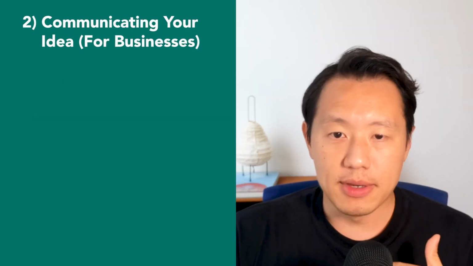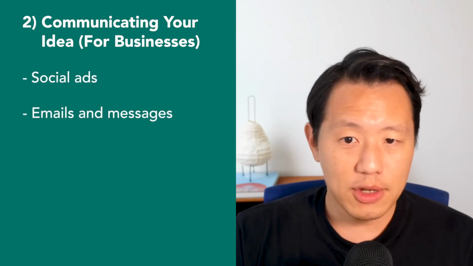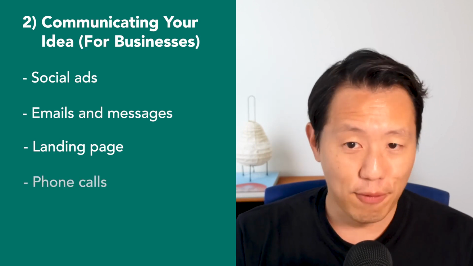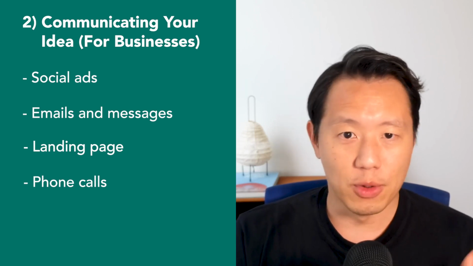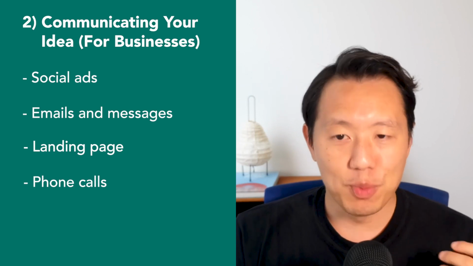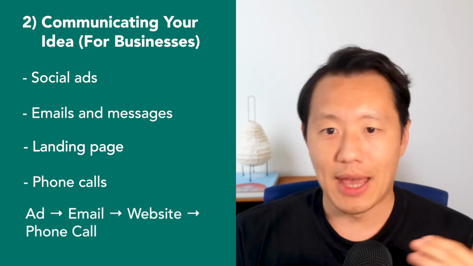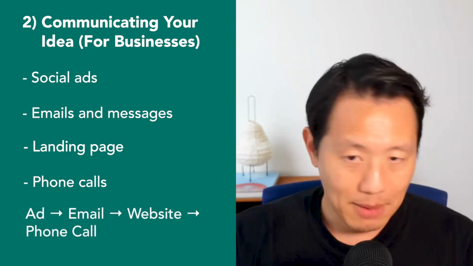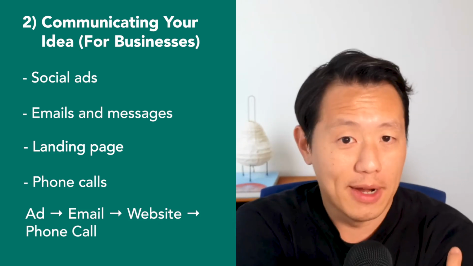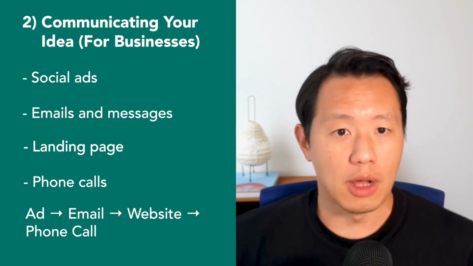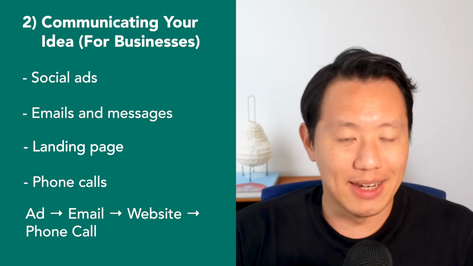Okay, and then for businesses, I tried ads, and there were some of those. Most of it came through email and message. I also had a landing page for that. And then I also had some phone calls too. I would often talk to these businesses. They wanted to know who I was. So communicating for businesses was much more, as I mentioned before, progressive learning and slowly showing people. Maybe somebody would see an ad, maybe somebody would see an email message from me. Maybe they would click through, look at my landing page, learn a little bit more. And if they were interested, get on a phone call with me and we would talk about it. So businesses really were multiple touch points to communicate your idea. For consumers, ads and a landing page didn't have to do as much work here.